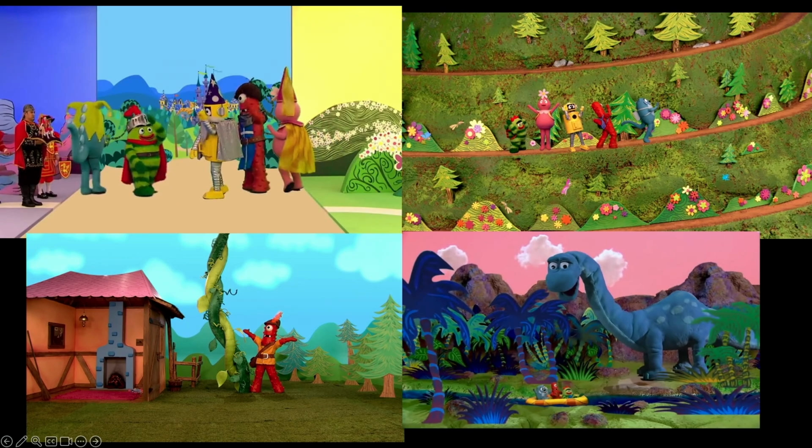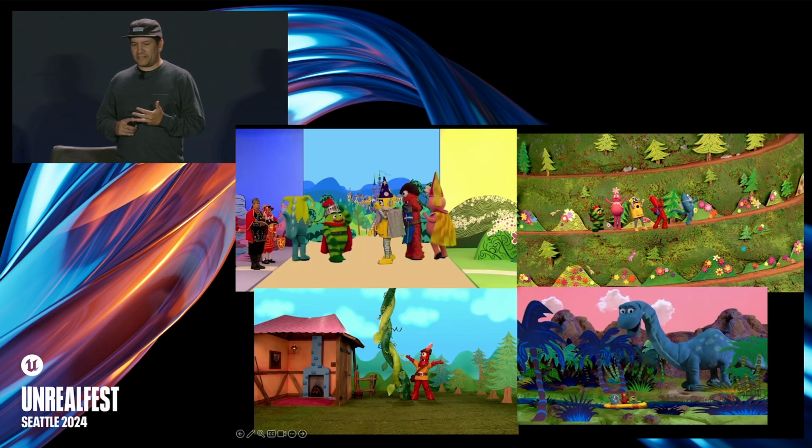So going into when we first got the call for this in early 2022, I was working on a kids show in New York City around the same time that Yo Gabba Gabba originally came out on Nickelodeon. And it had at that time too, nothing like it was out. It was very traditional, hand-painted, lots of green screen, blue screen, very much as what I guess Christian would even talk about.